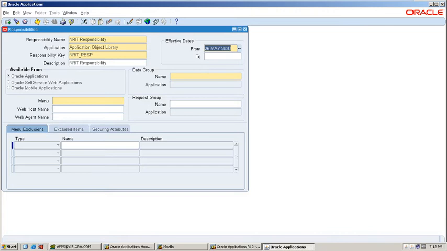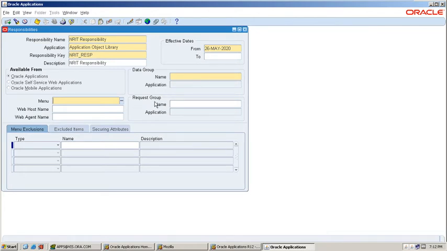Each responsibility can have a menu assigned to it. For each menu you will have a number of functions attached to it. Functions are nothing but forms. Many forms are attached to this menu.